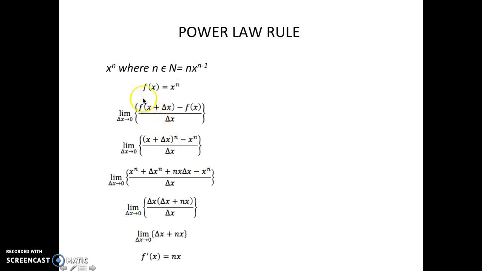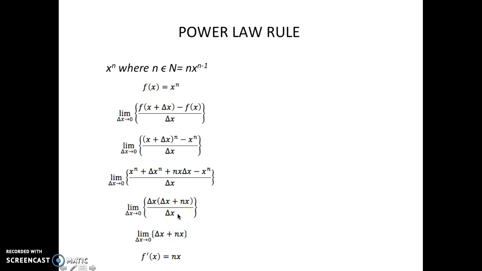Here we have a function. This is just a normal function, x raised to the power of n. And this we got here, ladies and gentlemen, that is our differential quotient. That's what we use. I will use this throughout the whole video. Anyways, I'm applying my function into this formula, and then I'm expanding it. You can see there's a parenthesis here. So I'm expanding it and solving it,